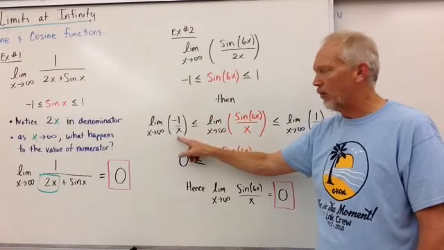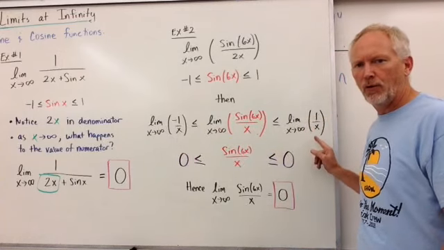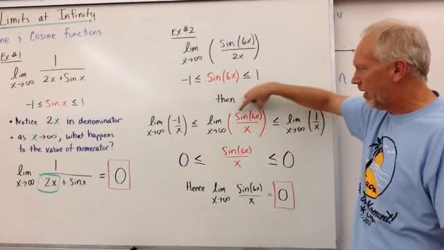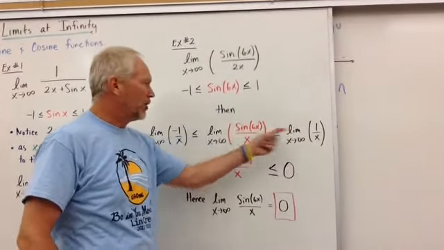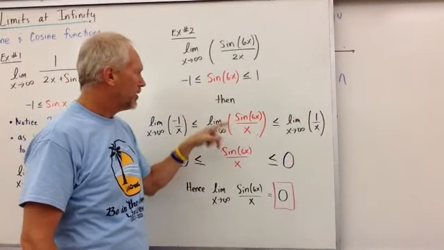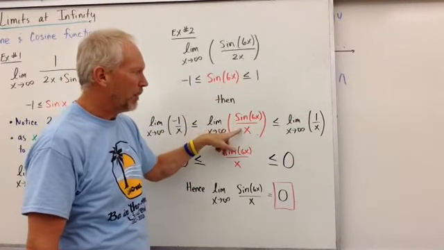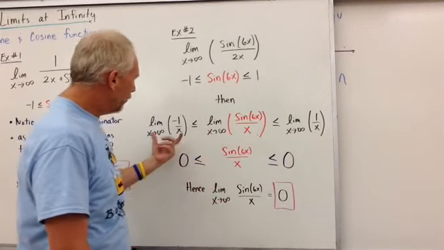It can either be -1 over x or +1 over x. Really, that's what we're saying. This sine of 6x is going to change into a +1 or a -1 by the range rule. So, if we think about what is happening with just an x in the denominator, then if we know that